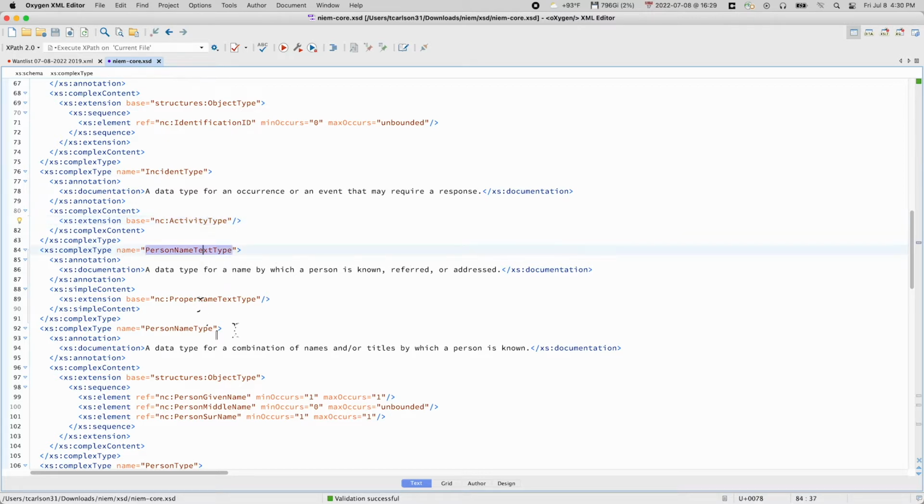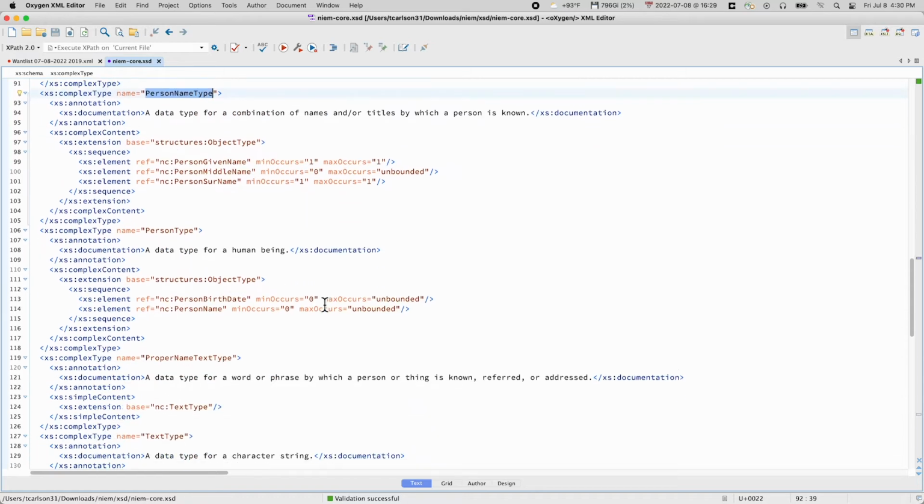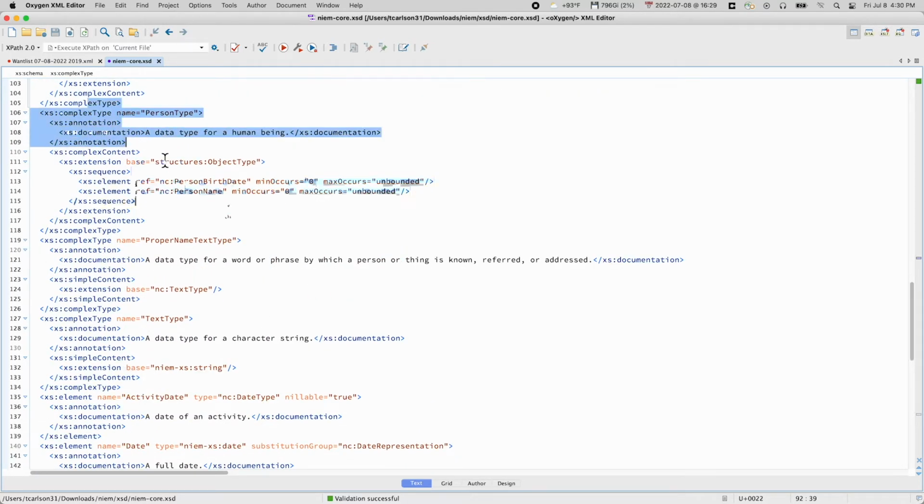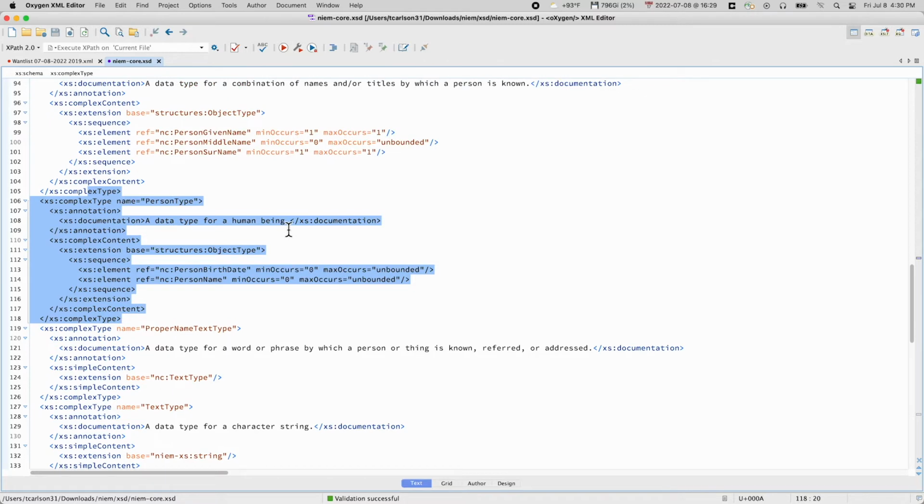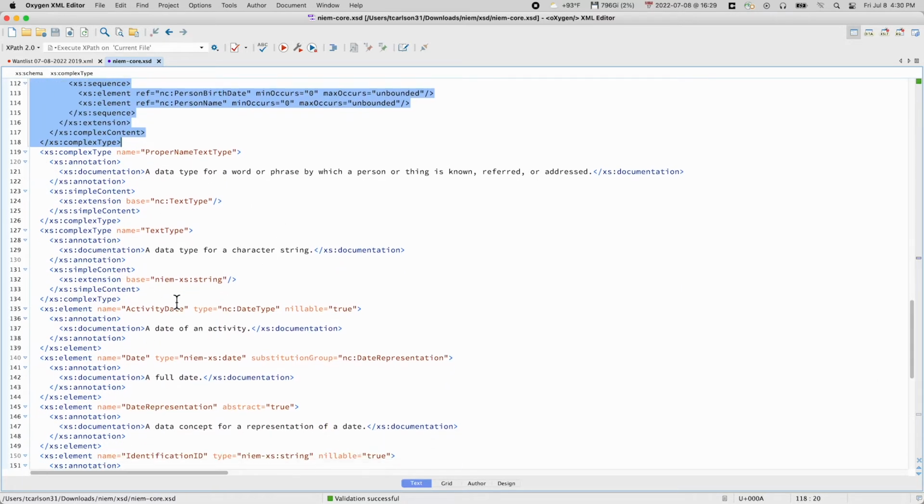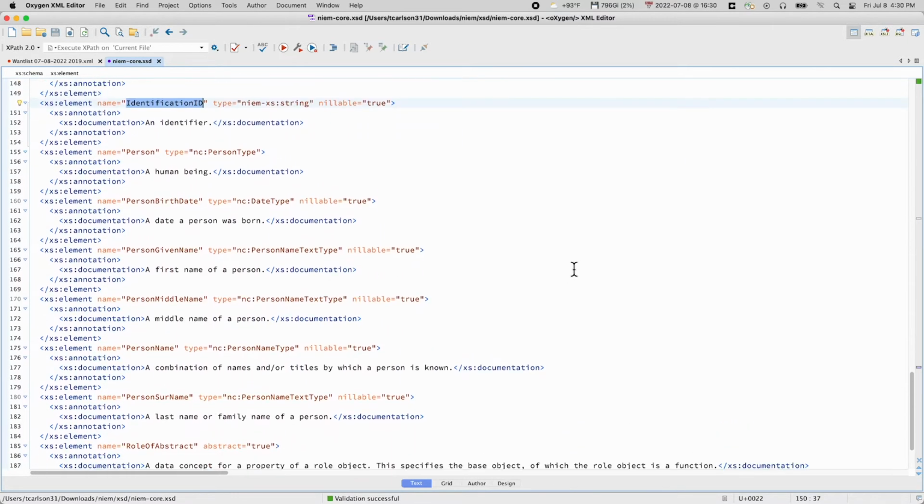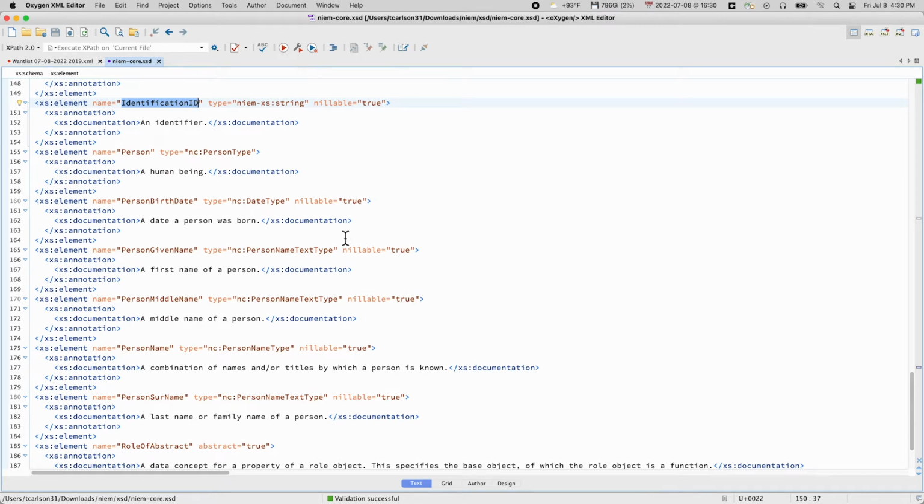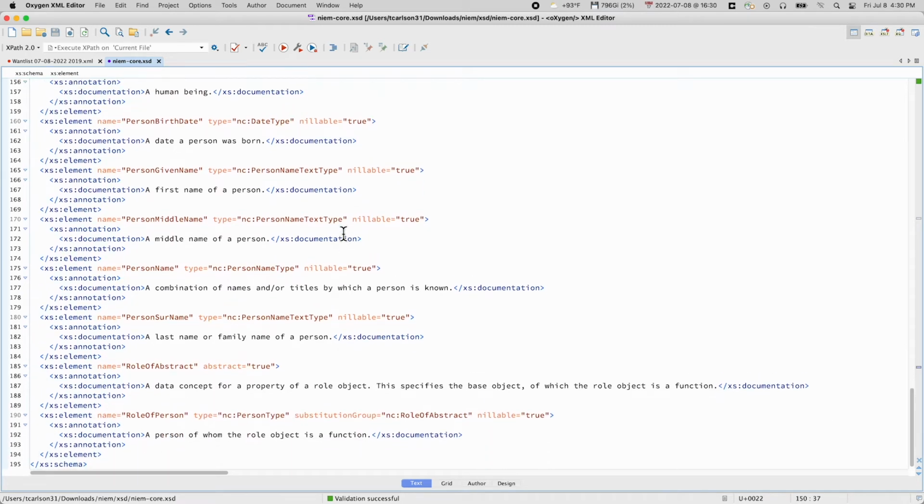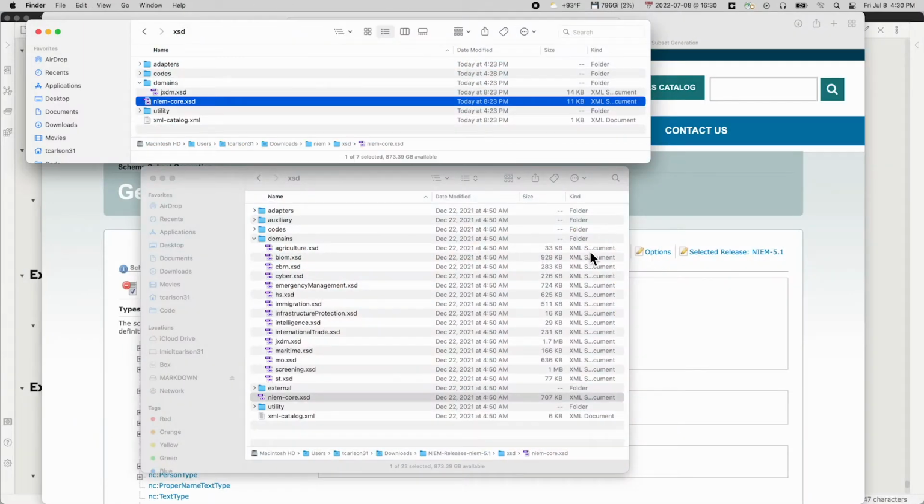We needed person name stuff. We needed person stuff. We needed the stuff for the various name pieces. We needed text strings. We needed the actual activity date element, the date element, the date representation substitution group head, the identification ID of the person, and the role of person, and that's it. That's really all we needed out of NIEM core for the little one I did. Again, this is smaller than the full IEPD because I'm just grabbing what I did in the demo, but it's a small version of NIEM versus the full NIEM core,